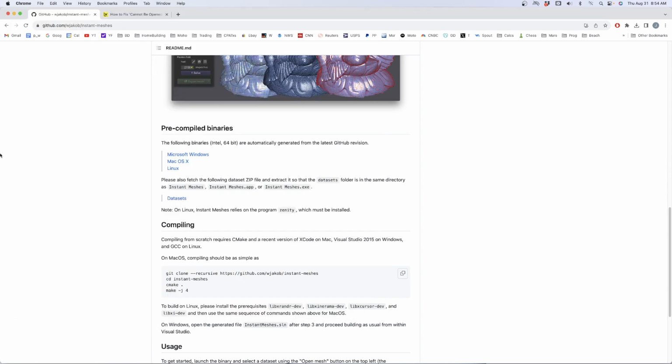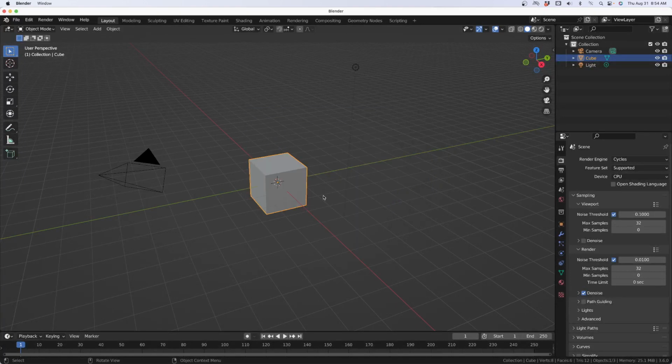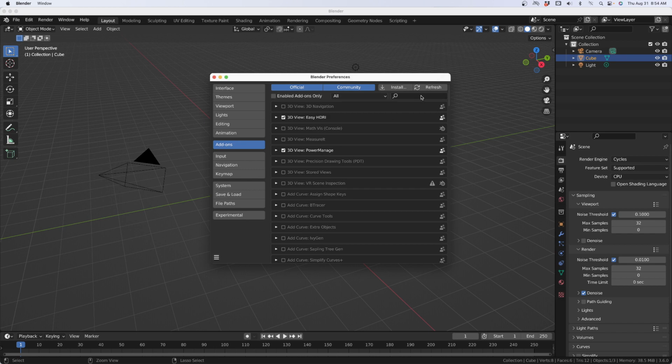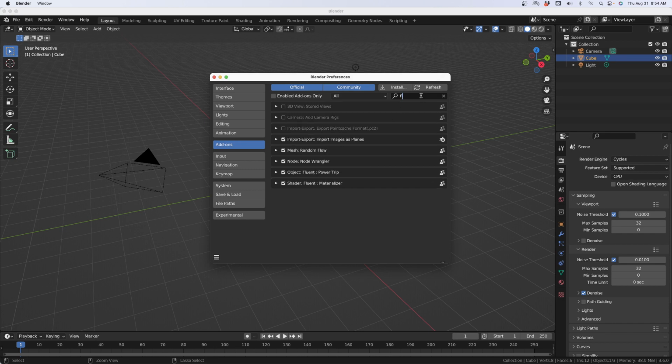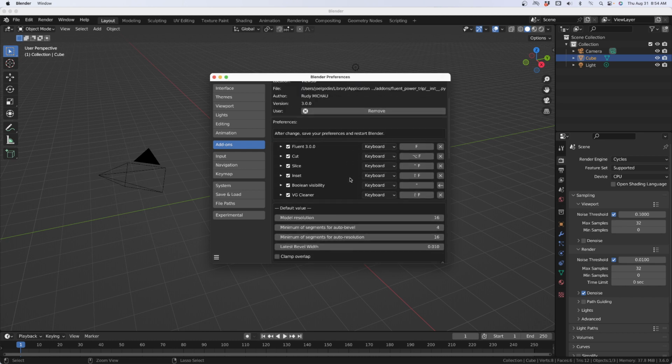Okay, so now we're going to go and open up Blender, and this is 3.6. You can see right here, down here on the right, and just click General, and then we're going to go to the add-ons by going Command comma, and then we're going to look for Fluent. And if you got Fluent, Power Trip, or the other one, it's going to be here, and you're going to go down